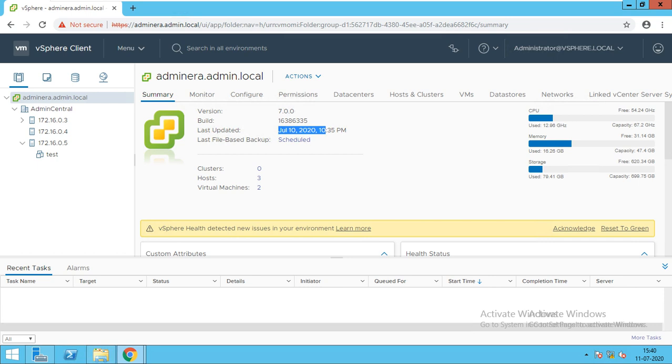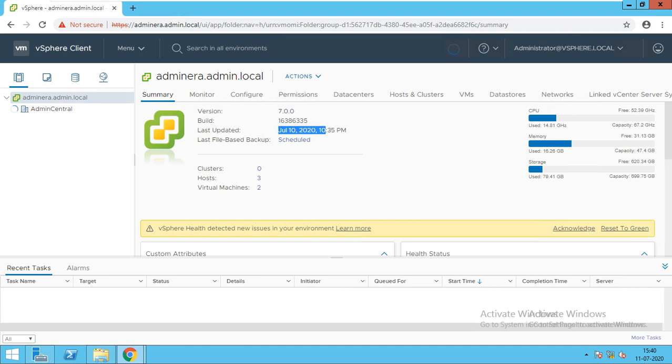To enable high availability, you need a cluster, because HA is always configured on the cluster, not on the host. When you create a cluster, there is an option to enable high availability. So how does high availability work? When you create a cluster, add the hosts and enable HA, every ESXi host in the cluster automatically gets an FDM agent installed.